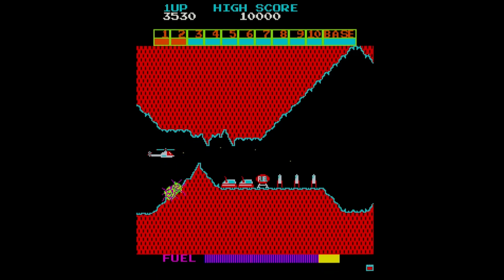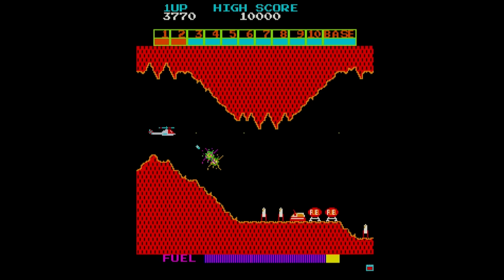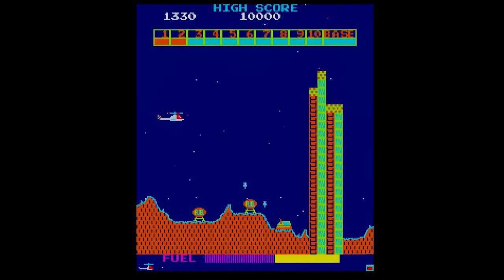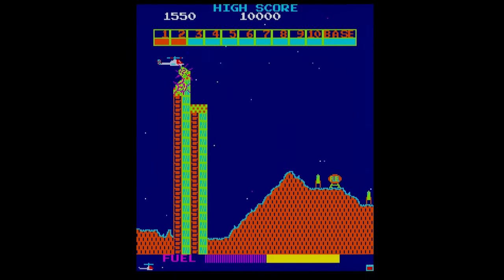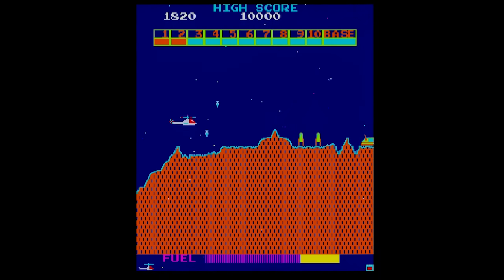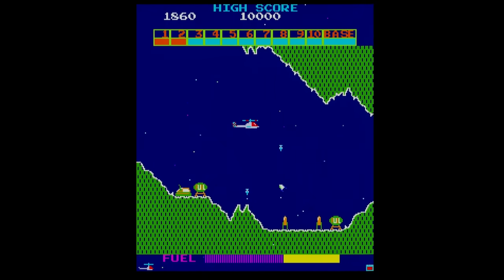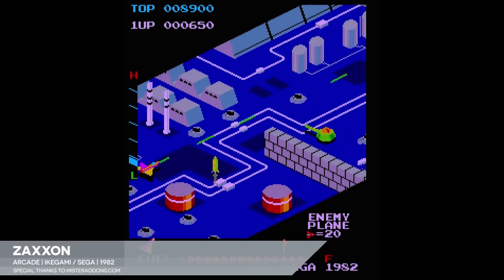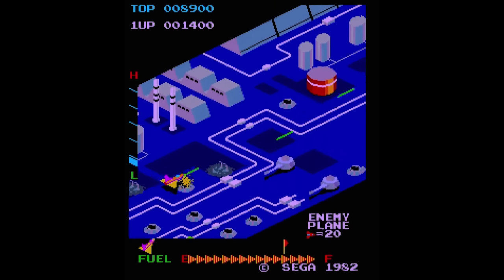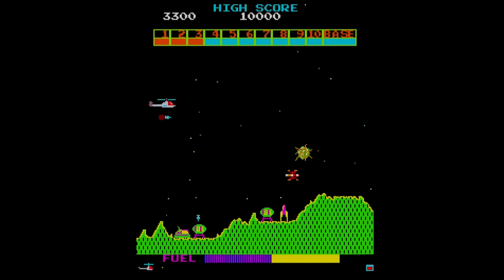Some of those objects consist of surface-to-air missiles, whose launches are triggered by proximity in such a way that they will hit the chopper unless you evade or destroy them. Other ground emplacements pose no danger at all unless you fail to blow them up. These objects, fuel tanks, exist simply to allow the player to replenish the chopper's gas tank. That's in Zaxxon and Zoom 909 and Scramble and several other games we've seen on this channel. Detonating a fuel tank mysteriously causes its fuel to transfer into the player's oil tank, allowing your fighter to fly